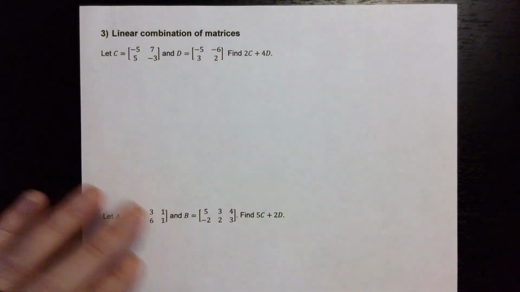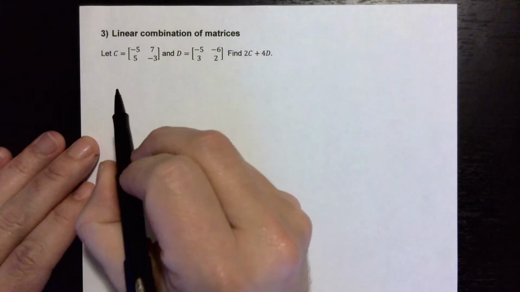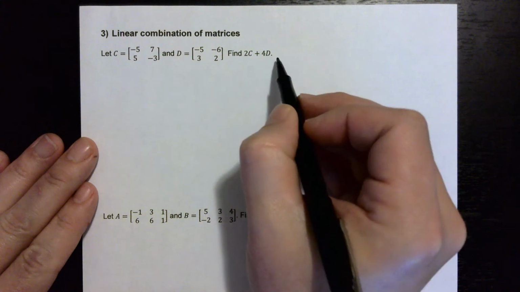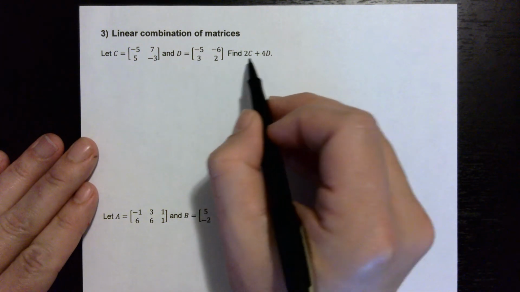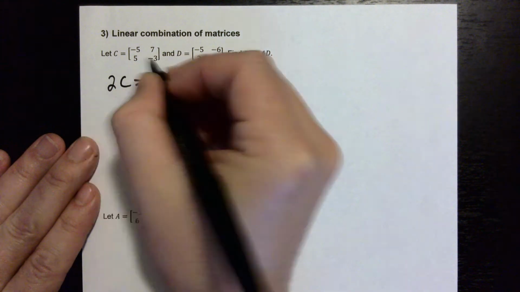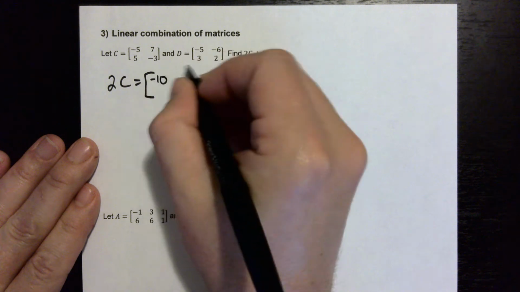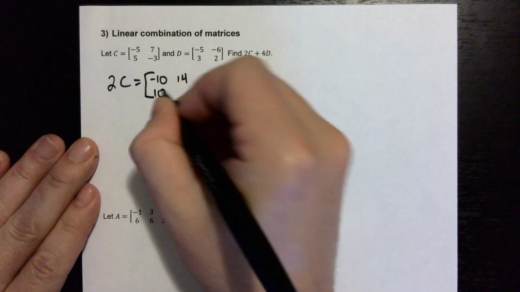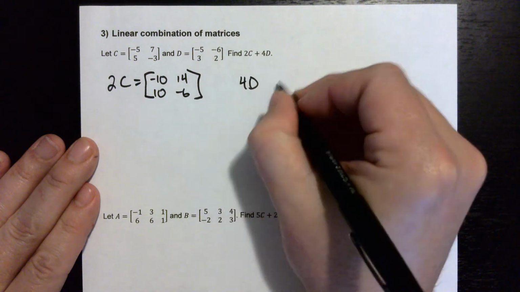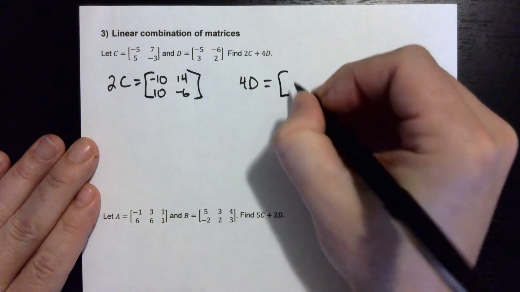Okay, the last part of this video is going to be linear combination of matrices. So what they want us to do is add 2c to 4d. So what I have to figure out first is what is 2c and what is 4d. Okay, so 2c, we're going to multiply this thing by 2, term by term, so that'd be negative 10, 14, 10, negative 6. Okay, and 4d is equal to, multiply term by term by a 4,